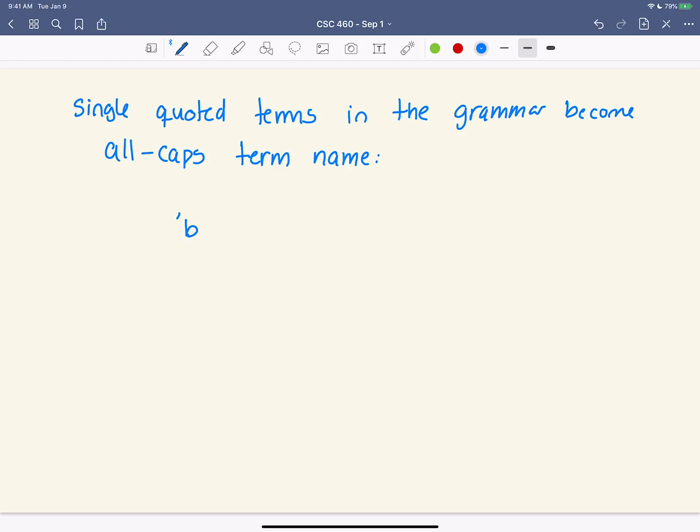So Boolean becomes BOOLEAN. And I think that's about it.